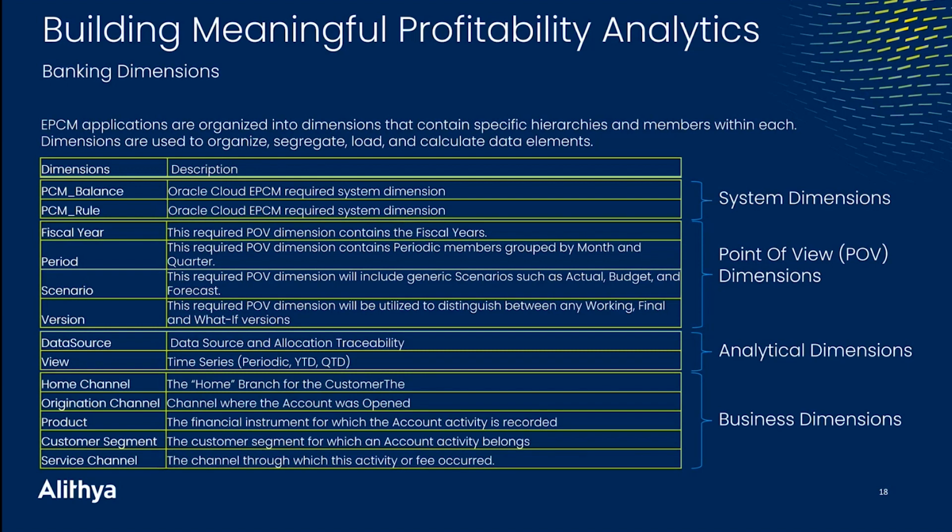Now, the real business type dimensions are the dimensions where you really do your profitability analytics. The ones that we have in this example are the home channel, that's the home channel branch for a specific customer or customer segments. You have your origination channel, that's where the account was opened or the account according to the segment was opened. You have the product, which is your financial instrument, your customer segment, and then of course you have your service